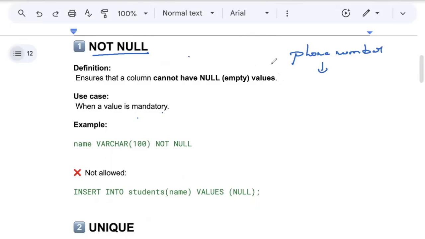Because a phone number is super important for a business. When you register on any website or inquire about anything, that's how they get to know your information. They can call back and convert, they can ask you to buy a product, or they can make it a positive conversion, right? So NOT NULL plays a very important role in ensuring that a column cannot have a null value. You just write a column name, data type, and a constraint like NOT NULL. I hope it's clear. If you try to mess with it, it just gives an error. This is NOT NULL.